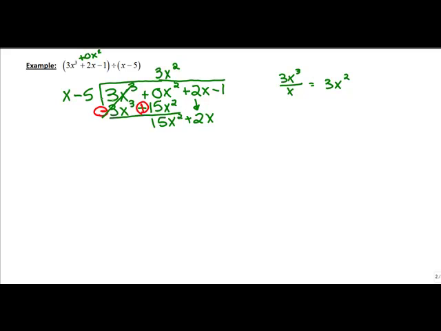So we need to find something that times x will give us 15x squared. So 15x squared divided by x is just going to be 15x. So that's our next term. And then multiply: 15x times x is 15x squared. 15x times negative 5 is going to be negative 75x. Okay, and we're at the point where we need to subtract now,